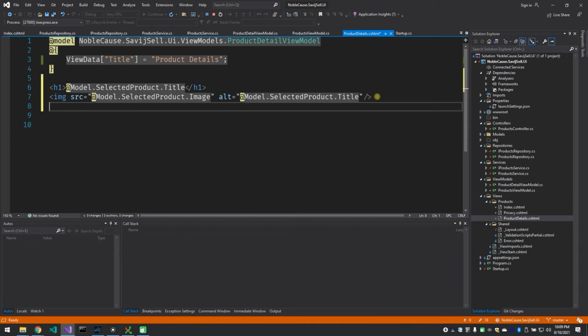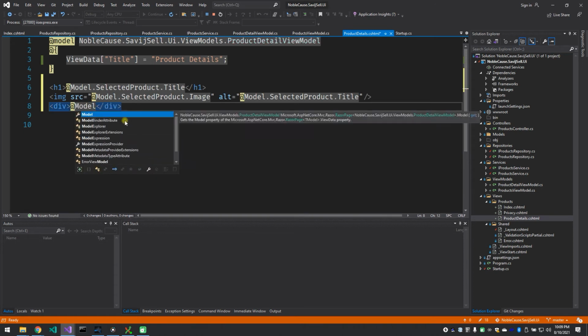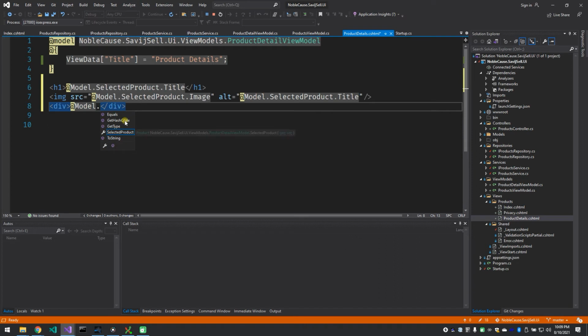And so there's our image. And then below that, we'll just stick a div in there with our model.selected product.location,